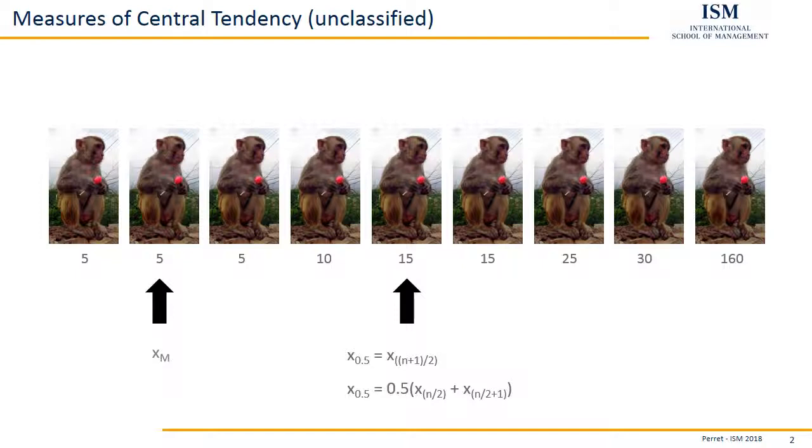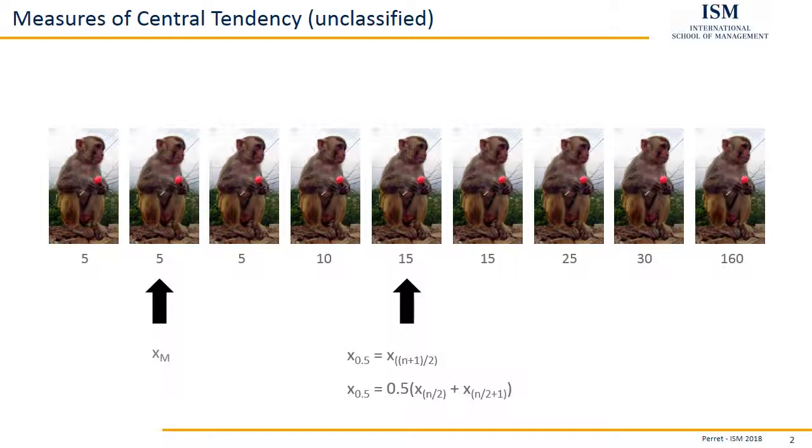This always works if I have an odd number of observations. I pick the one value exactly in the middle, where if I skip this one in the middle, half of all the values are to the left, half of the values to the right, or 50% are smaller, 50% are larger. So far so good, but what would happen if I had like 10 monkeys or